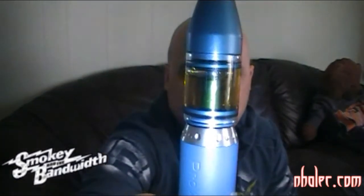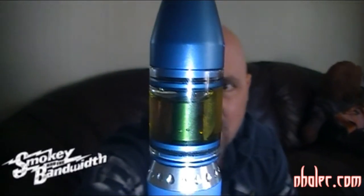And this is just a quick look at the Curvamizer here. I've got it at 2.08 ohms, and nothing fancy about this build. It's 30 gauge Kanthal and a single coil. You should be able to see it there, a single silica wick, and I've got the Duke from Indigo Vapor in here. It is a 50/50 PG/VG e-liquid, 2.08 ohms, and I've got this set at 4.5 volts on the